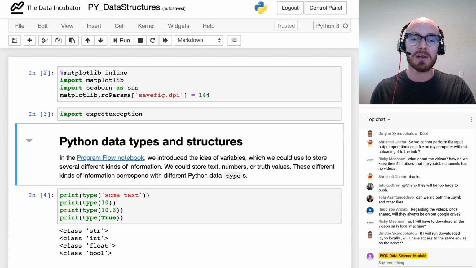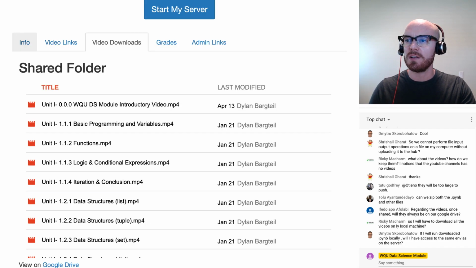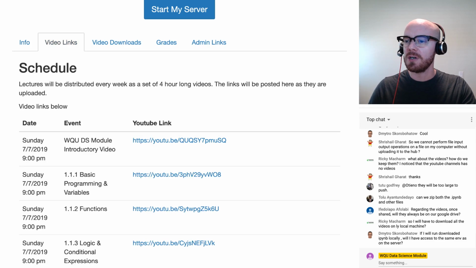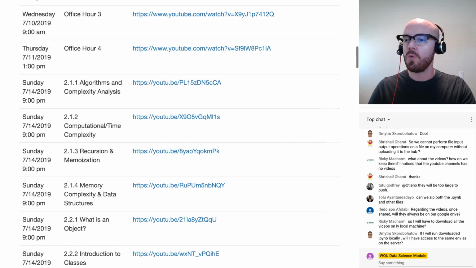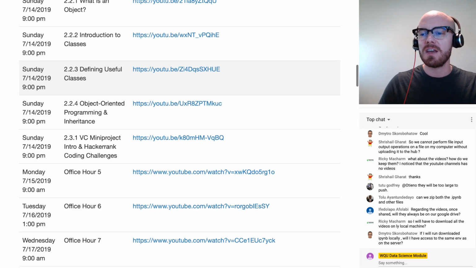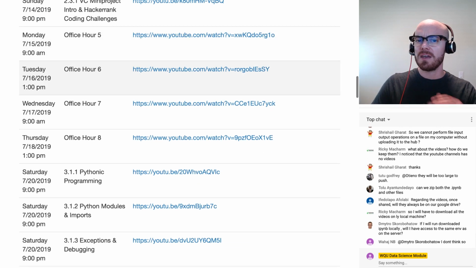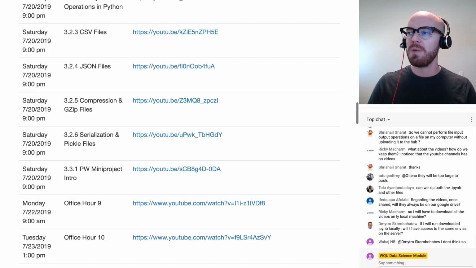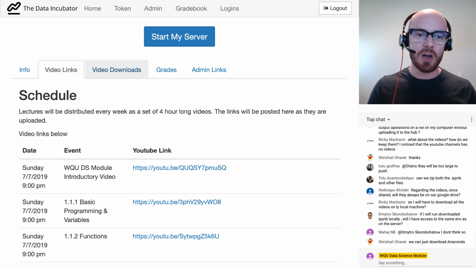And then Demetra wants to know if they run the downloaded IPython notebook locally, will they have access to the same environment that's on the server? Give me one second and let me take a quick look here. You would have to do a little bit of work to create the same environment. Let me get back to you on that particular issue. But the short answer is not currently, no.